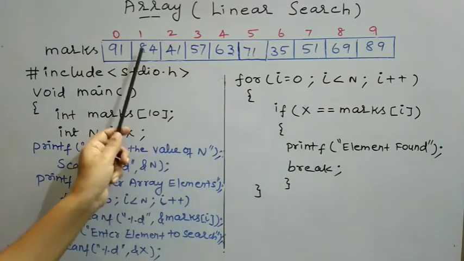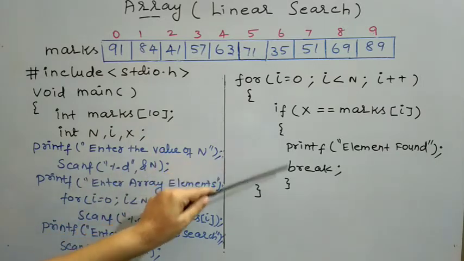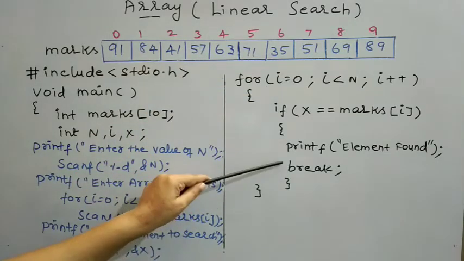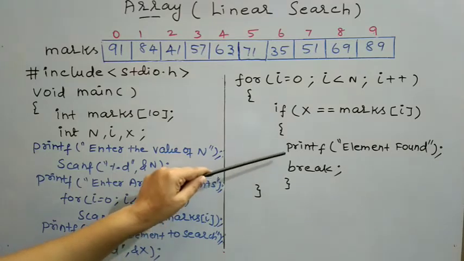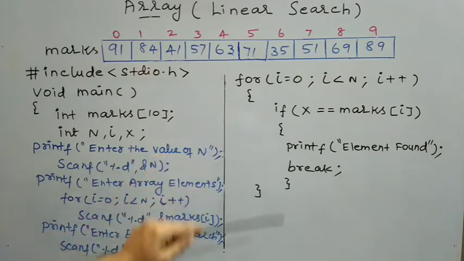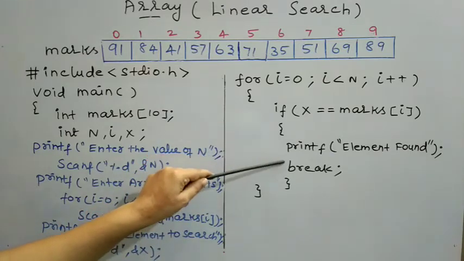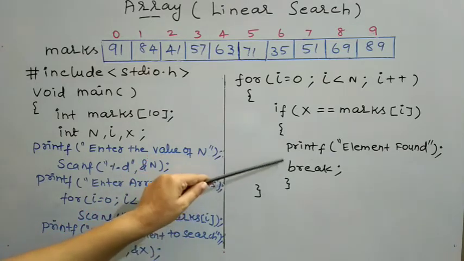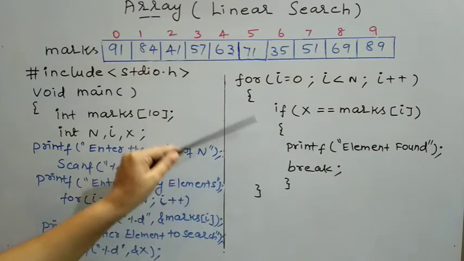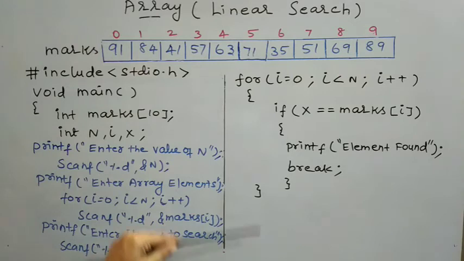Once I found the element in the array, there is no need to continue my search process further, so I am breaking out. I have used the unconditional control statement break here. Whenever I execute this break, it will come out of the loop where the unconditional control statement has been used. If I use break here, your control will come out of the for loop without continuing it. Let me explain this with an example.